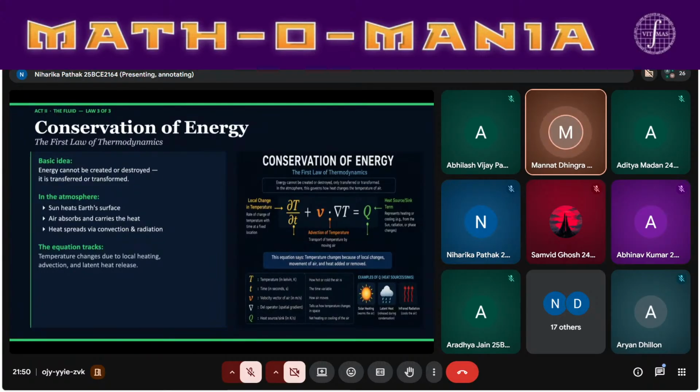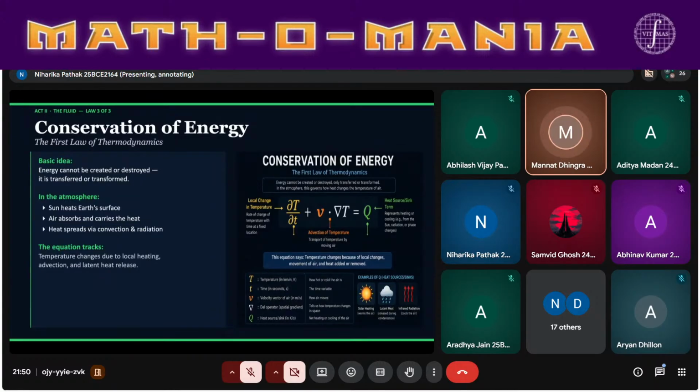So this is what basically heat transfer means: the heat waves are coming from the sun to Earth, and then those heat waves are going from Earth to air. The air absorbs the heat, and then the heat spreads around. So basically, that heat is transferring. That is the main idea of conservation of energy,